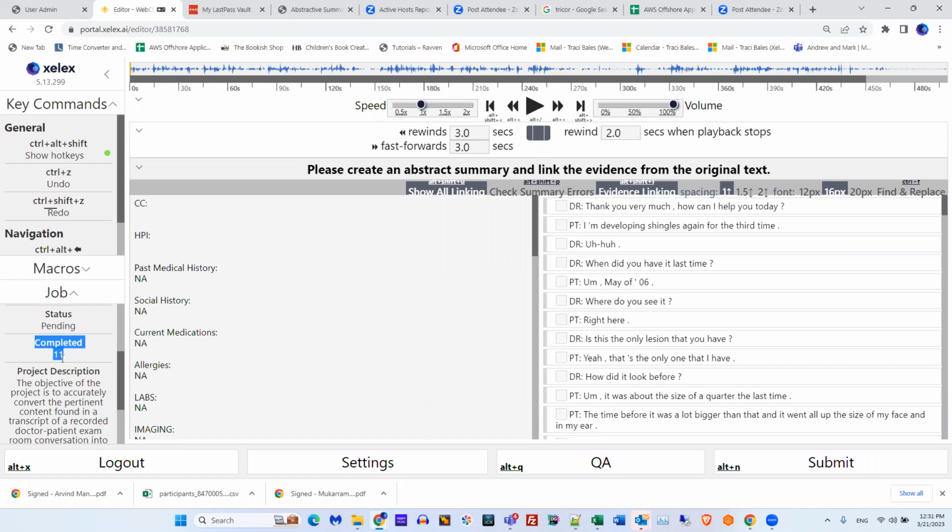So for instance, if you did a file and you walked away and you never finished it, it would show here, but you did not complete that file. I know it doesn't make sense, but do you sort of understand? Yeah, that's yeah. Okay. All right, let's look at a few files. I'm going to pause the screen and we're going to look at a few completed files so you get an idea of what we're looking for.